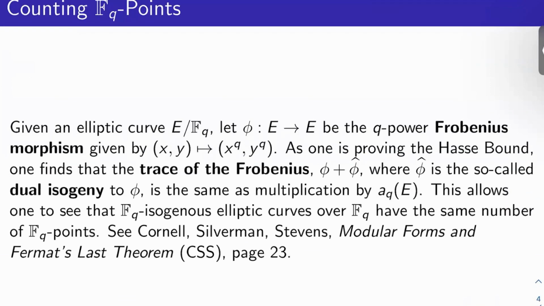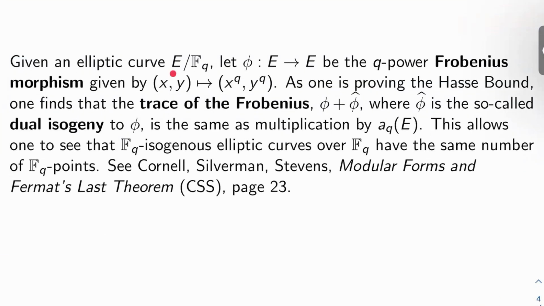So why do I bring this result up? Well, if I give you an elliptic curve E over FQ, let's let phi from E to E be the Q power Frobenius map that sends a point (x, y) to (x to the q, y to the q). As you're proving the Hasse bound, you find out that the trace of Frobenius, which is phi plus phi hat, where phi hat is the so-called dual isogeny to phi, you can see Silverman 1 for the theory of dual isogenies, is the same as multiplication by a_Q(E). And from this, it's pretty easy to conclude that FQ isogenous elliptic curves over FQ have the same number of FQ points. And for a proof of this, you can see Cornell, Silverman, Stevens, Modular Forms and Fermat's Last Theorem,